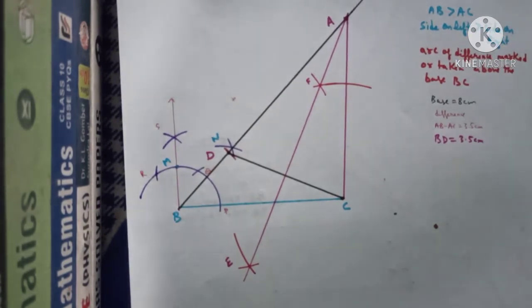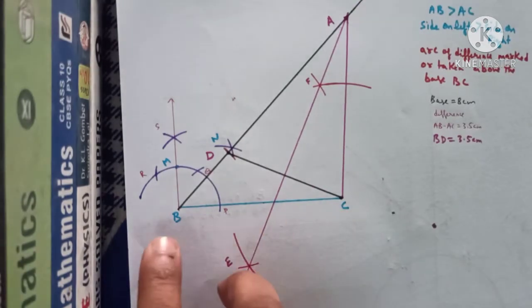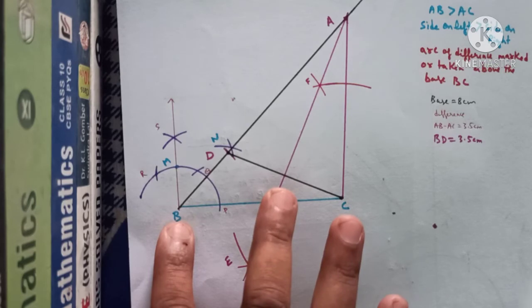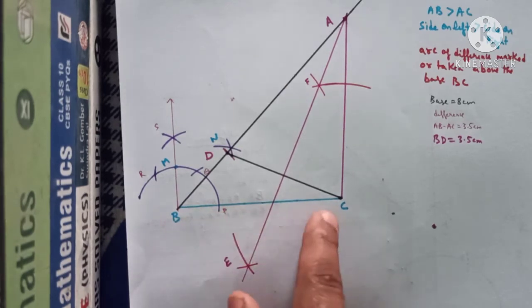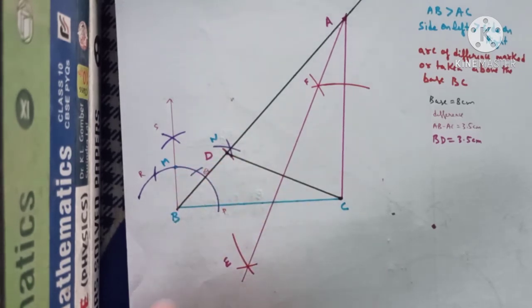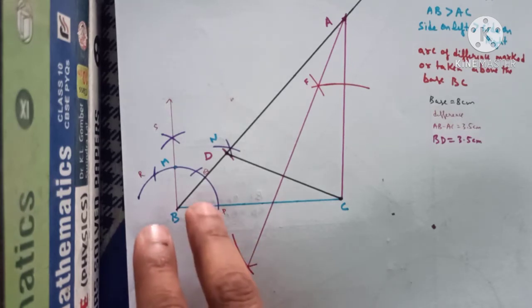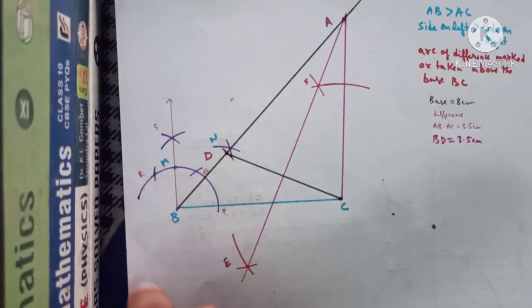Again, I am repeating the steps. First step is that you will draw a line segment BC, and after that, taking B as the center, we will draw a semicircular arc intersecting the line segment BC at point P. With P as center, we will draw an arc with the same radius at Q. With Q as center, we will draw another arc intersecting the semicircular arc at R. Then with Q and R as centers, taking radius equal to QR, we will draw arcs which intersect each other at S. We will extend B to S. This CBS is equal to 90 degrees.